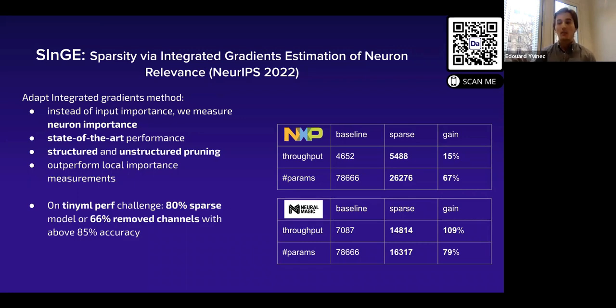So essentially, using structured pruning, we can remove about 2/3 of the network. So that's quite huge, especially as compared to other techniques that struggle to remove above 45% of the parameters. Here we achieved 66%. And with unstructured pruning, we actually tested it using the Neural Magic inference engine, and we can remove about 80% of the parameters, which again is huge, and we can double the throughput on the tested hardware.